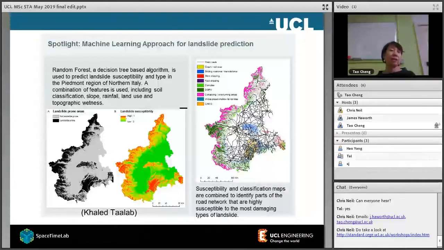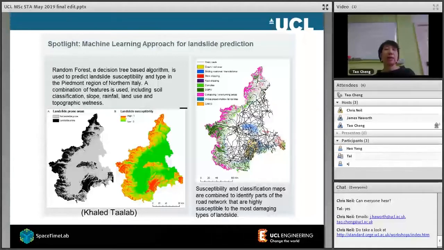We make use of existing landslide data and use one of the machine learning techniques called random forest, which you're going to learn in the course, to map out the most vulnerable areas, which are highlighted in this map, which are going to be more vulnerable to landslides. More than that, we also map out the types of landslides, shown in different colors. The reason is that different types of landslides may need different ways to respond to them. So we also map out which roads are going to be more vulnerable to those landslides.